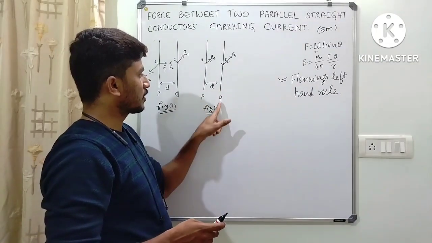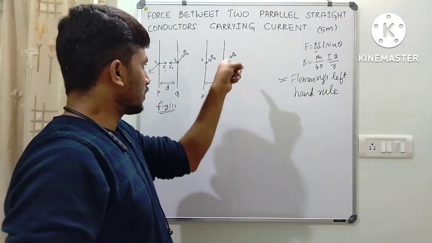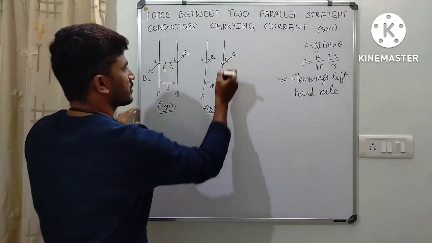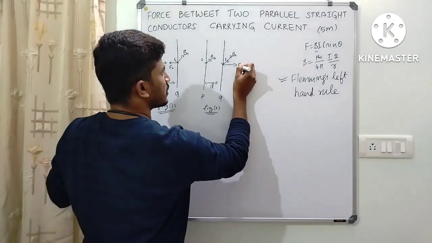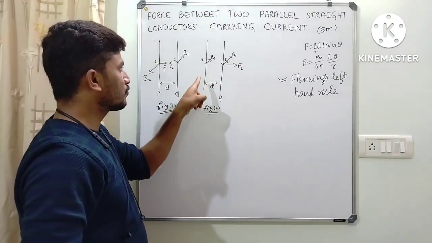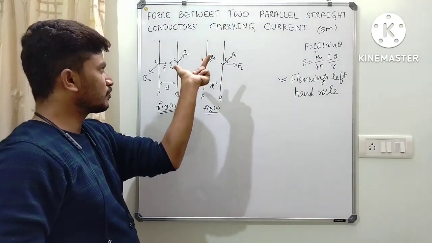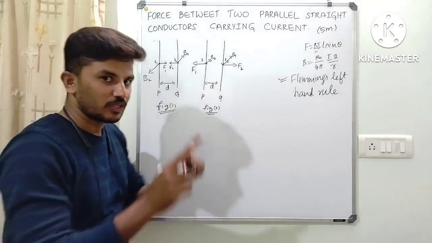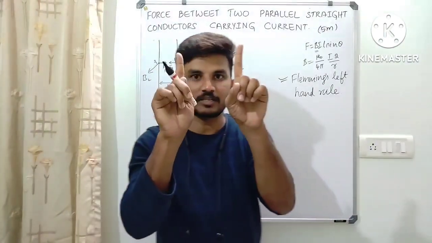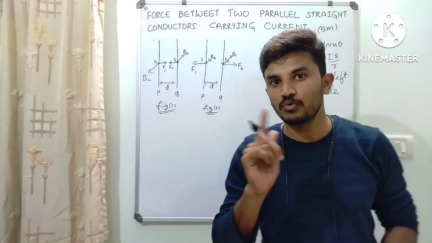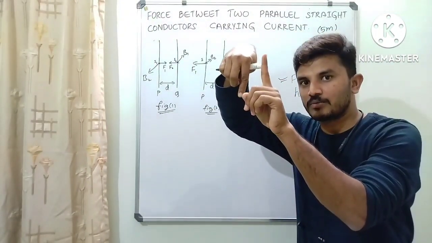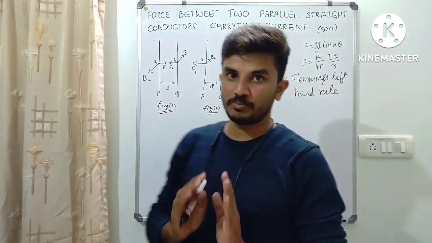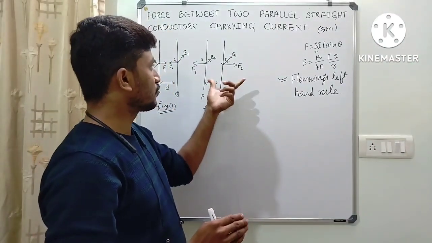Now the direction of force on Q and P will be, so the direction of magnetic field is into the plane of the board, direction of current downwards, so force will be away from it. Force on second conductor. Then here, direction of magnetic field, direction of current, direction of force is left side. Means, if the two conductors are carrying current in the same direction, they attract each other. And if two conductors are carrying current in opposite directions, they repel each other. Okay. Now I have explained to you the direction of magnetic force.